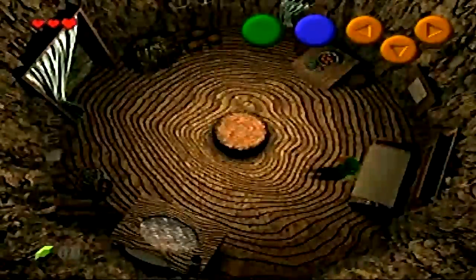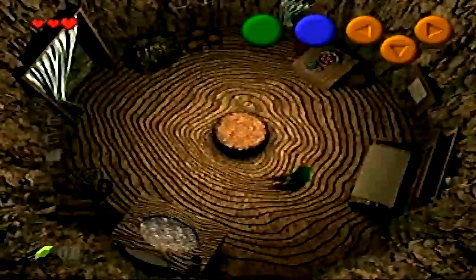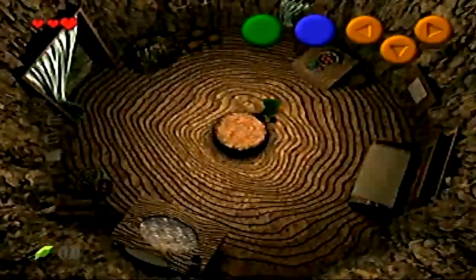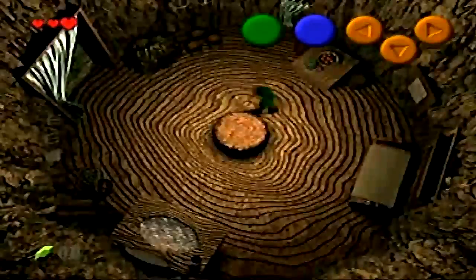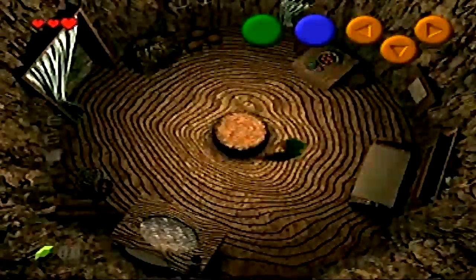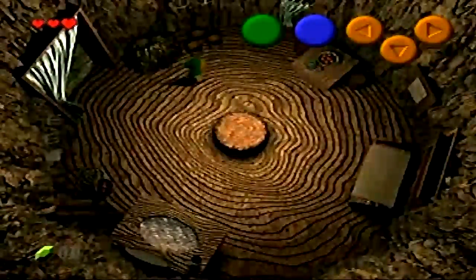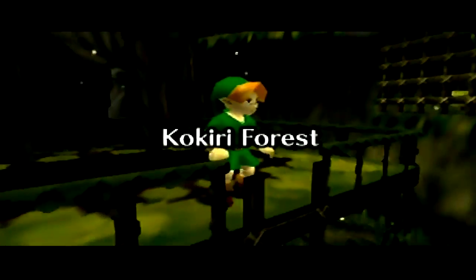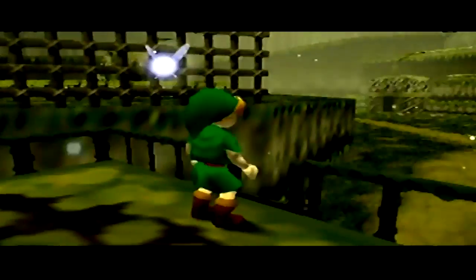So I like how they put this table right in the middle here to force you to walk around it, just to get you used to some basic movement. So we're going to exit here. And now after Saria comes to greet us,